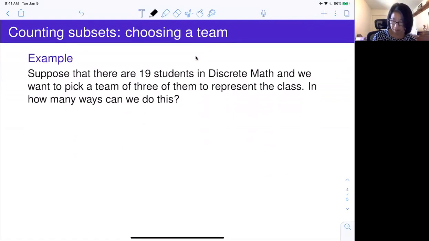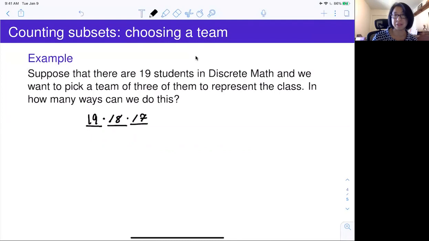Okay, so we have 3 choices to make, and we have 19 students total. So we can choose any one of the 19 for the first spot. We have 18 students left. We can choose any one of the 18 for the second spot on the team. And then for the third spot on the team,